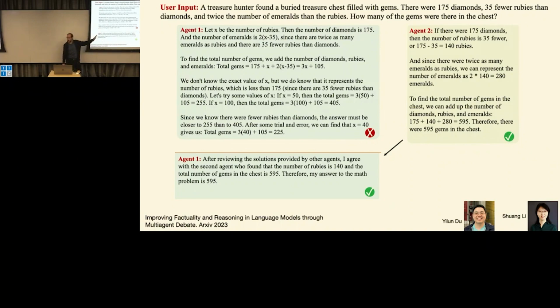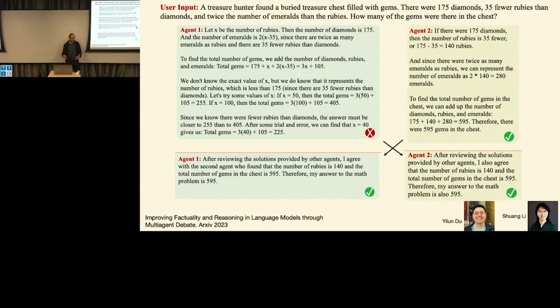But because you don't know which one is right, you do the same thing with the second one, and it actually just keeps its answer. And what they found is that if you have these agents debating between each other, they actually converge to the true answer more often than not, improving the performance. So you're getting something out of nothing, which is kind of interesting. And it's better than majority voting and things like that. It's actually something else is happening inside. So, we really don't know what the limits of these models are. It's just quite amazing where we are right now.